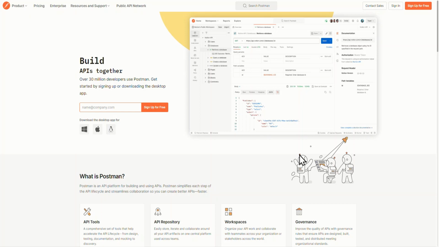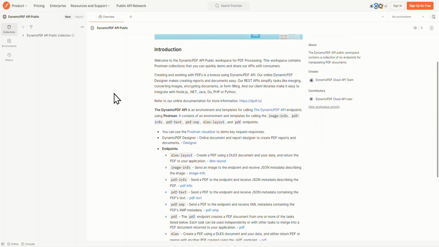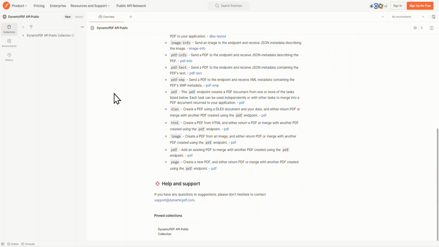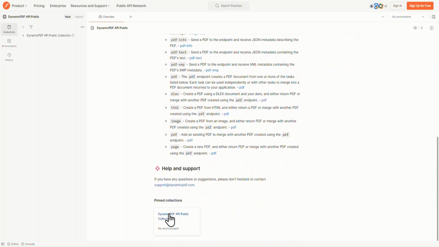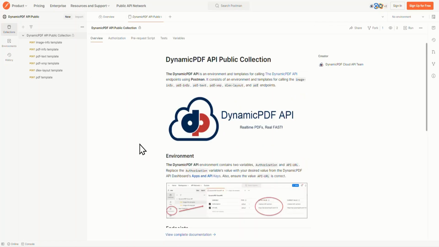In this tutorial, we explore the DynamicPDF API's public collection on Postman. Postman is a set of tools for building, testing, and using APIs. It also has a public API network you can use to discover APIs you wish to incorporate into your applications. Here at DynamicPDF, we created a workspace and collection you can use for testing your own applications using the DynamicPDF